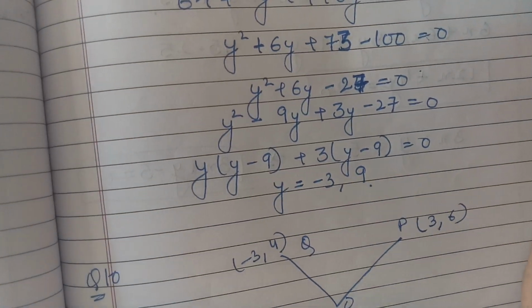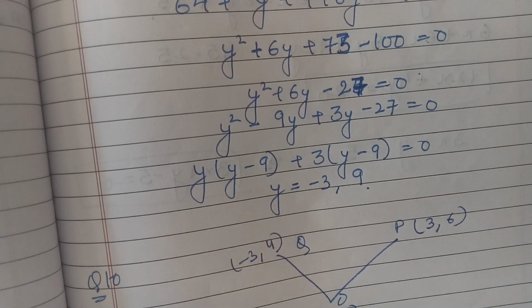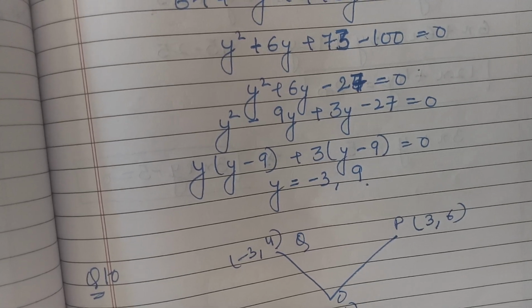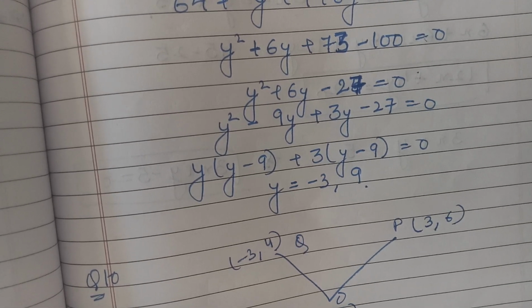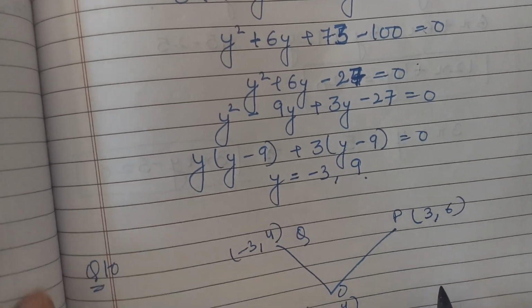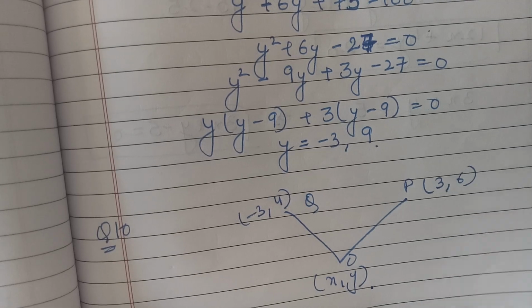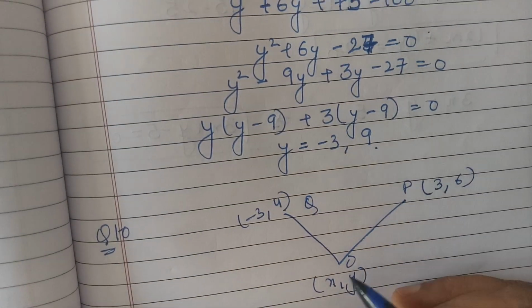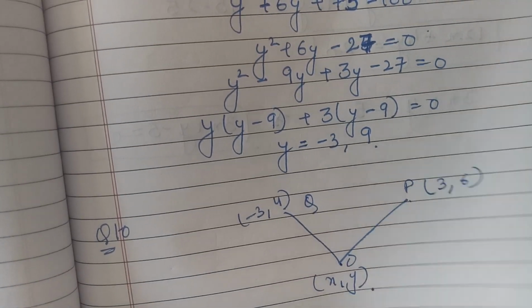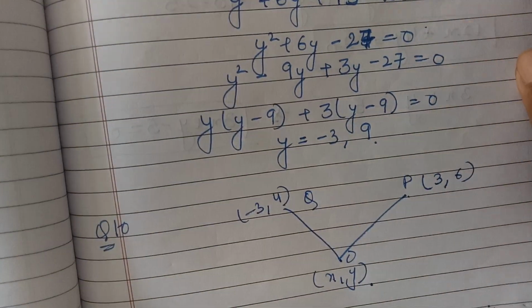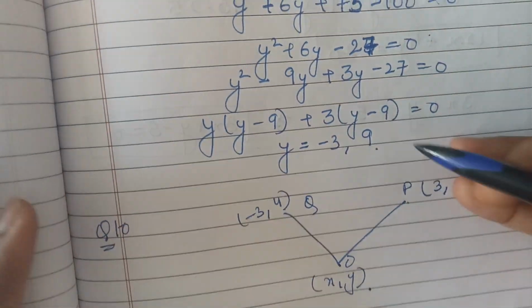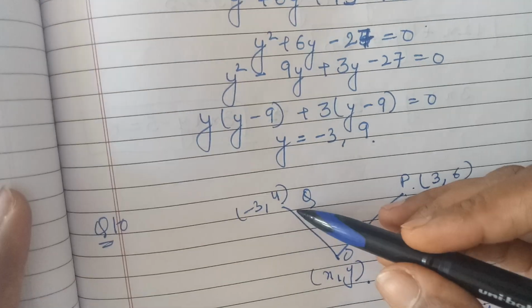Simple है, easy है. Let me start with the last question of the exercise, that is question number 10. The question 10 is: find the relation between x and y such that the point (x, y) is equidistant from the points (3, 6) and (-3, 4). ये हमारा पॉइंट है, ये P और Q से हमारा इक्विडिस्टेंट पॉइंट बना रहा है. And now we have to find out the relation basically between x and y. तो यहाँ हमें दिया हुआ है OP इज इक्वल टू OQ.